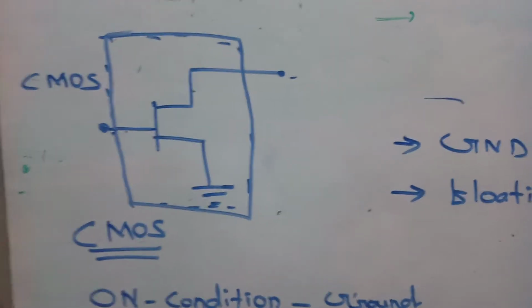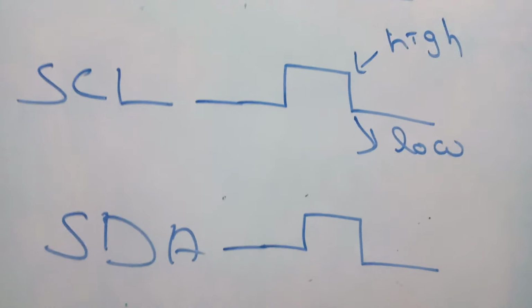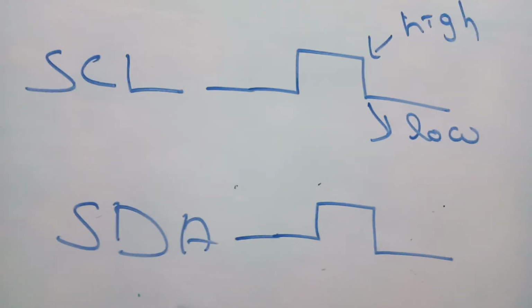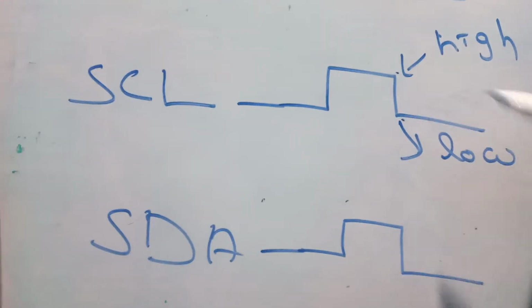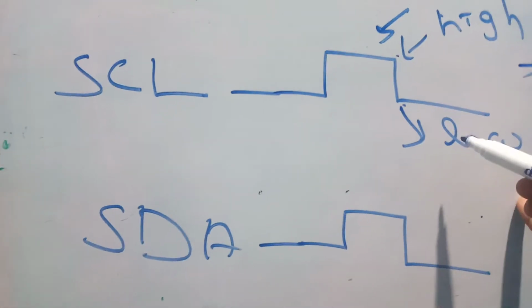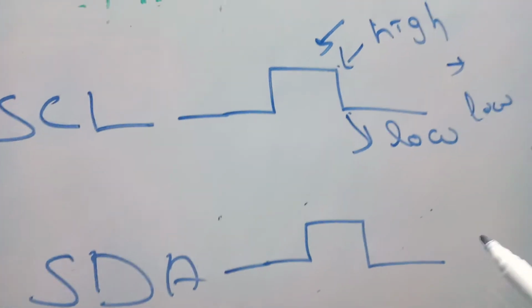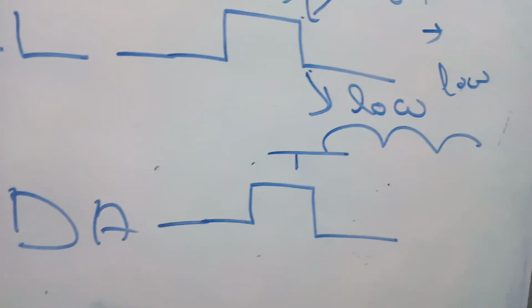The I2C protocol can read only high and low. Coming to digital, I2C is a two-wire communication with only SCL and SDA. This is the high state, this is the low state. The controller can read either high, meaning 5 volts, or low. Sometimes there is an unknown waveform, which means it can't read that waveform. That is what they call a garbage value.